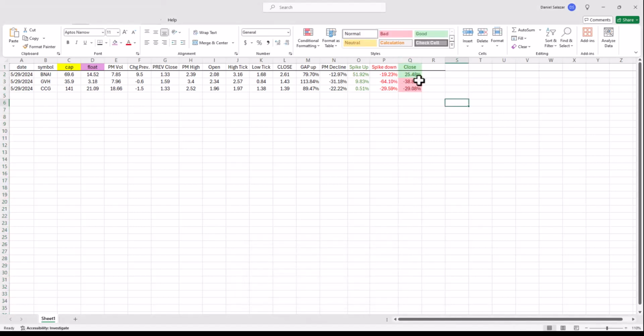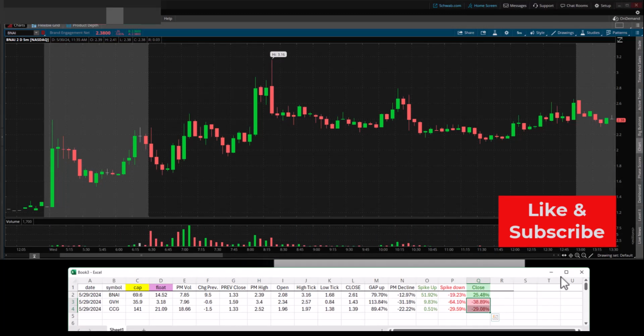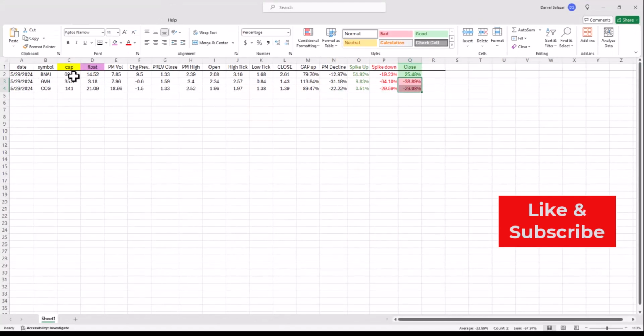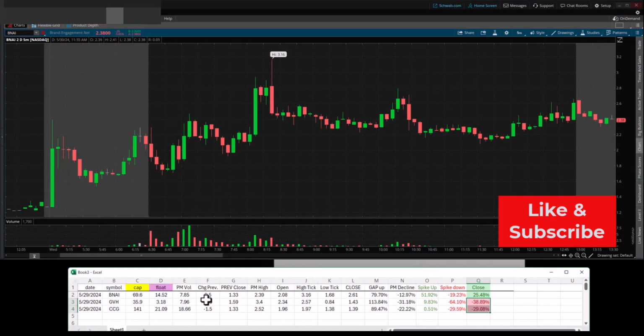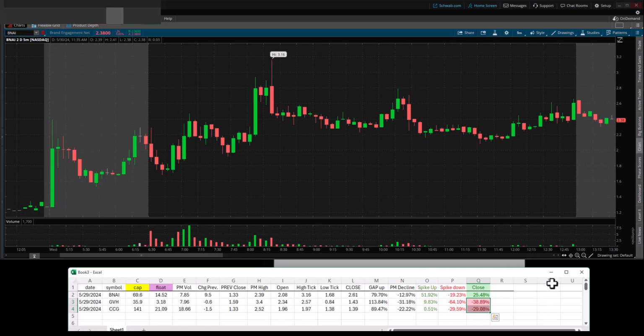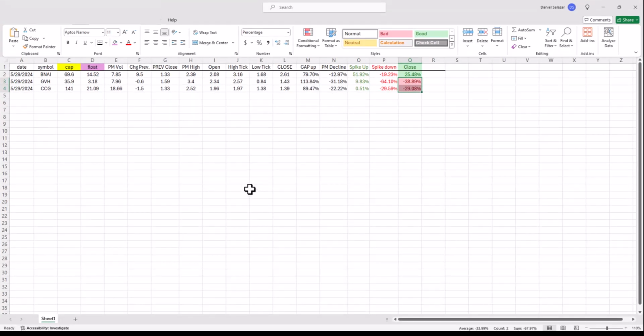So you see more or less, if it ended up over 0, green. If it ended below 0, a negative. So once you collect a lot of these, you're going to be able to sort them by cap, by float, or a combination of, or you're going to be able to divide them into different sections, like a 100 market cap section or 200 market cap, or anything over 1 billion market cap. And then you're going to be able to sort it out, filter it out, and work with